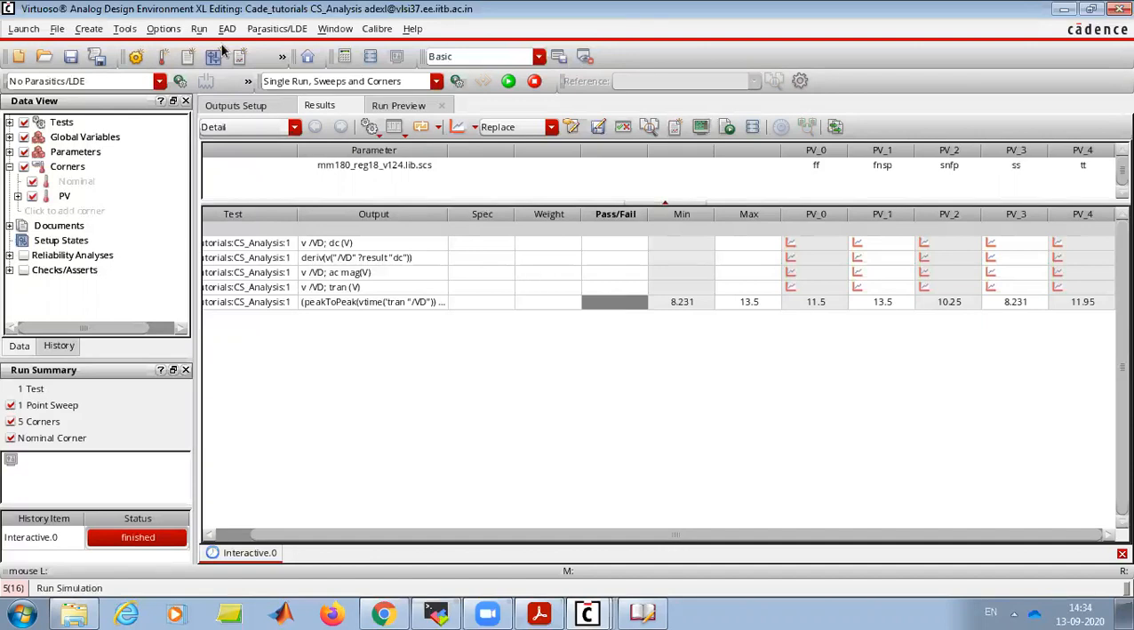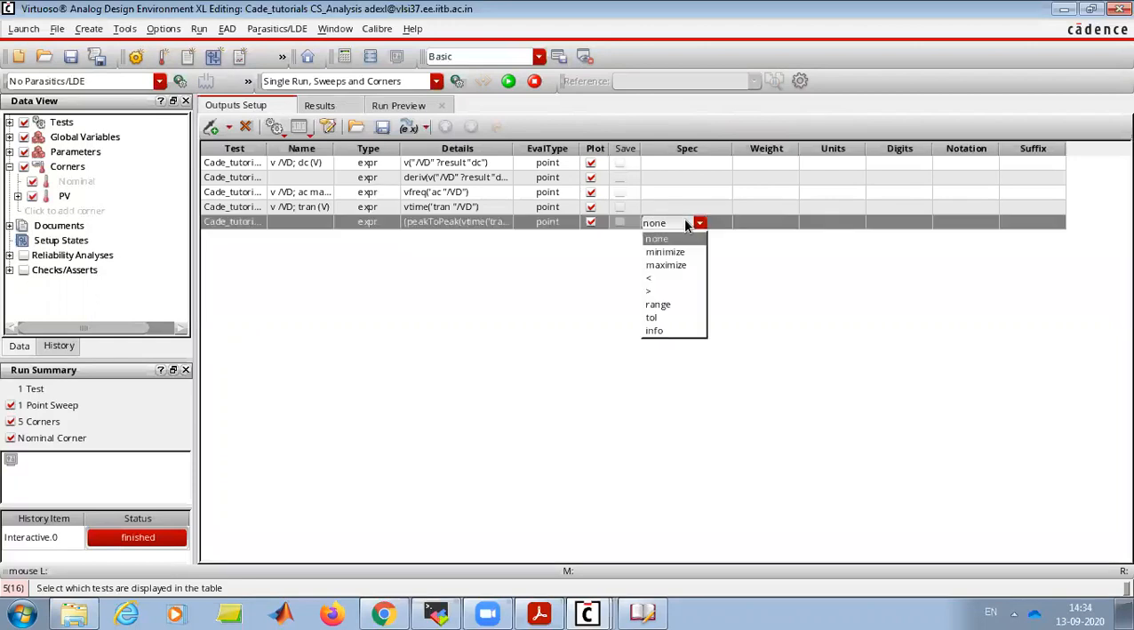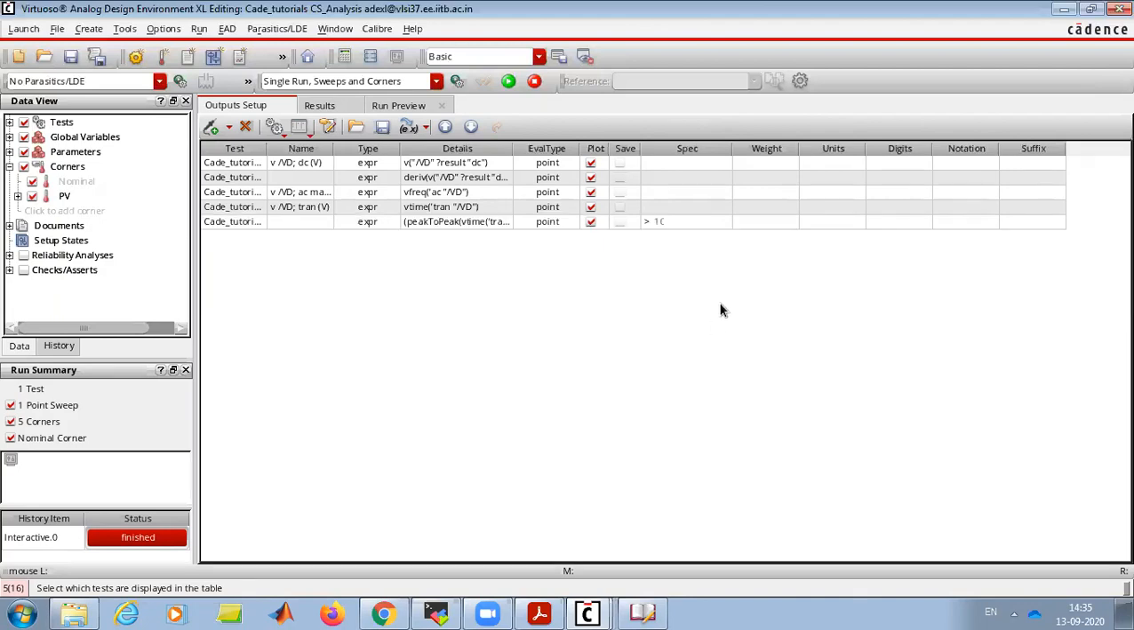There is also one option called specs. If we have 1,000 corners, manually checking all 1,000 is not a good idea, it will take a lot of time. For that we can set a spec. Suppose you are interested in all your specs being greater than 10. If I set something like this and run the simulation,